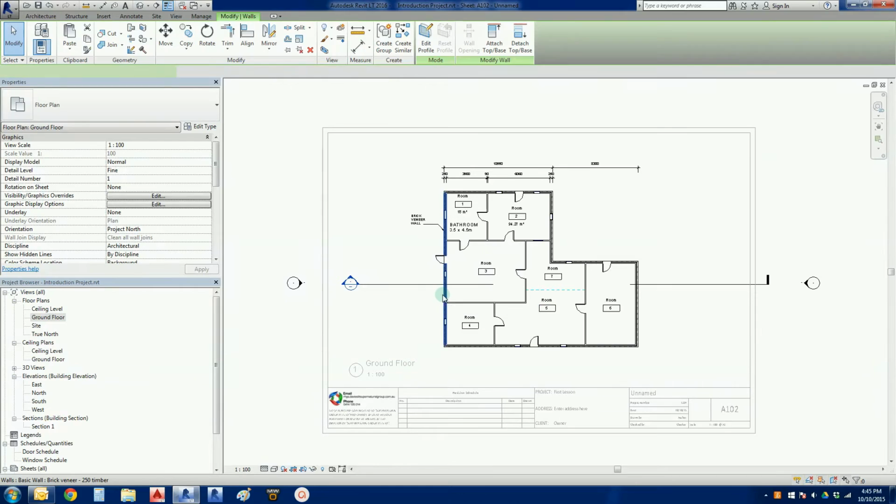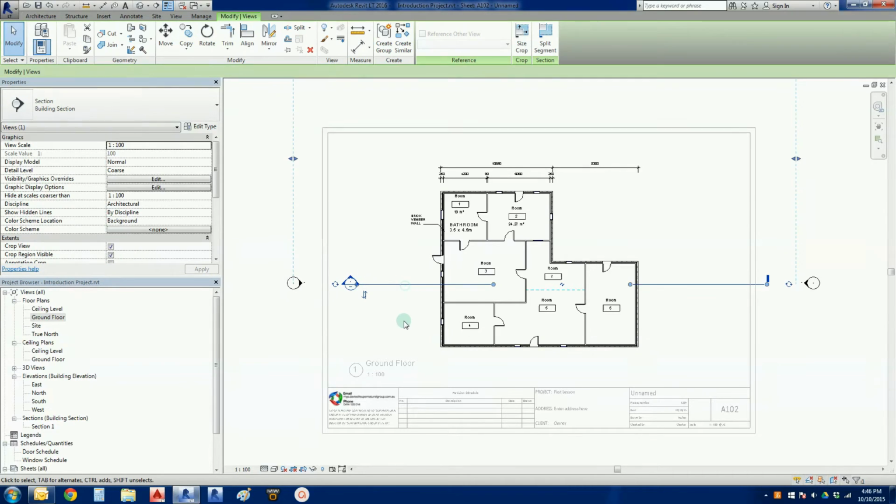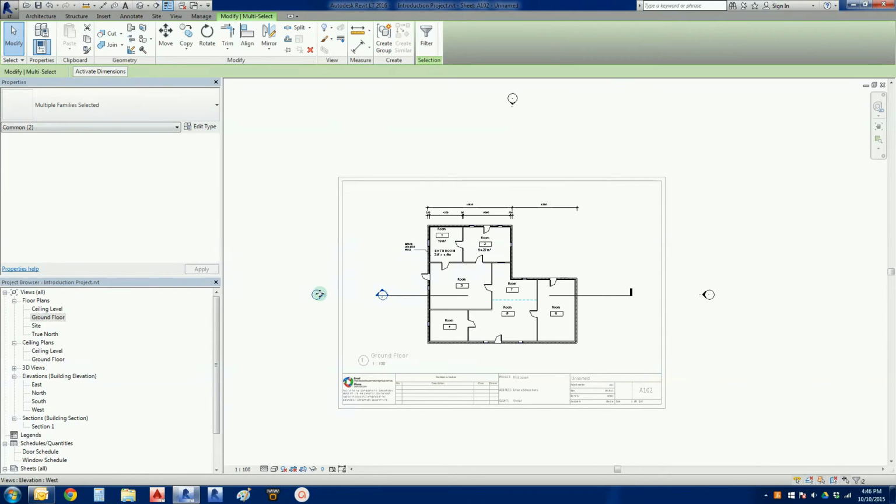I can come in here and manipulate my model. I can muck around with things and all that sort of stuff. So I can do some very quick things here. I can click on my section marker there, and I can just do a quick drag in there. So you grab the little grip dots there and move things around. I can grab